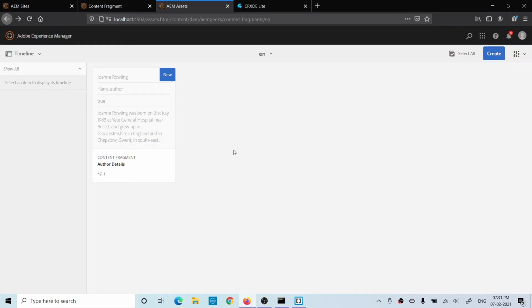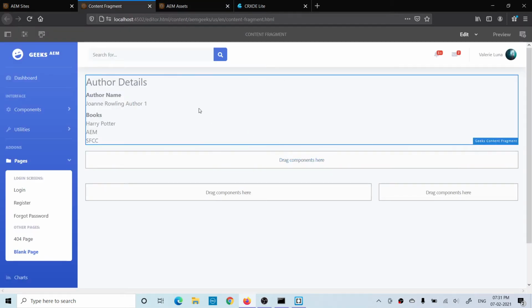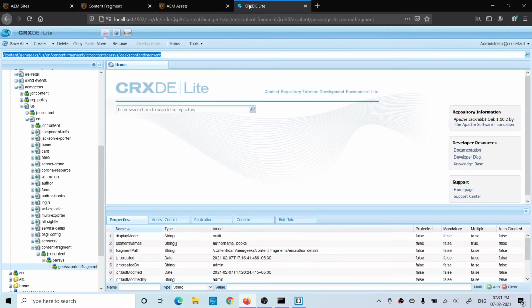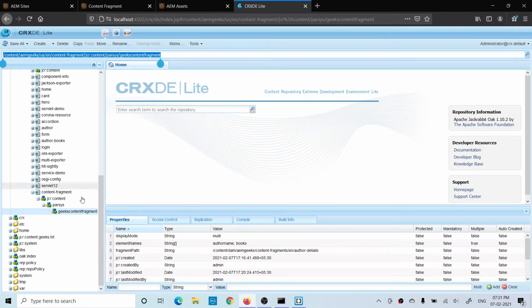I created this content fragment in previous tutorials, so let's see how you can export this content fragment's content using the Sling model exporter capability. So I use this content fragment over this page using the content fragment component. I have already explained how you can export this. Go till the node where this component is. Okay, go to the page and my node is here. If you see the component node, in this component I'm using this content fragment. So copy this,